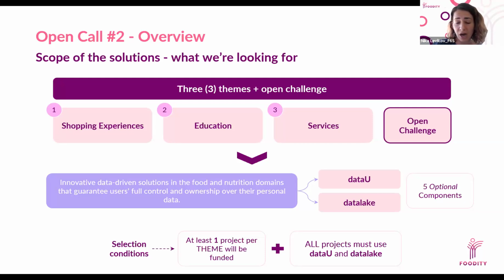We have 5 optional components as well, and I would like to stress the fact that this is optional. So these food components, there are details in the technical annex. You can find this on our project website. So for example, we have one on food recognition from photos. We have another one on nutrition and activity ontology. You are welcome to look into the details, but be aware that incorporating food components into your proposals will not result in extra points.